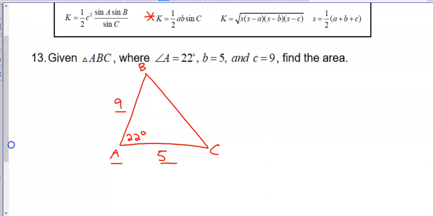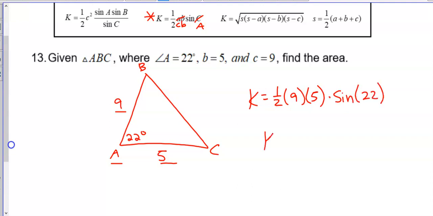Even though our stuff isn't really labeled right, we would have to change our C to A, and then we would have to change these guys here to what? C and B. Just flip things around in there. Same thing, formula still works. We could have renamed the triangle too. But if you have side angle side, just do 1/2 times one side times your other side times the sine of the included angle, the angle in between those 2 sides. So if you punch that in a calculator, you are going to end up with 8.4